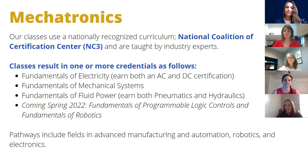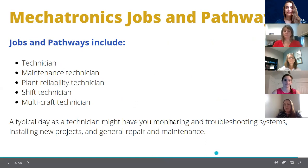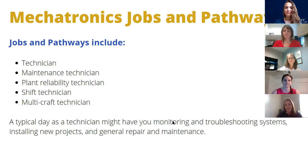So there's several different pathways you can take. You'd be called a technician, maintenance technician, plant reliability technician, shift technician, multi-craft technician. So again, going back to all those different job titles that it can be. When you're searching for a job, pull different names up, look at what people are hiring for, look at the employers themselves and search out the titles that they're entering. So a typical day as a technician might have you monitoring and troubleshooting,